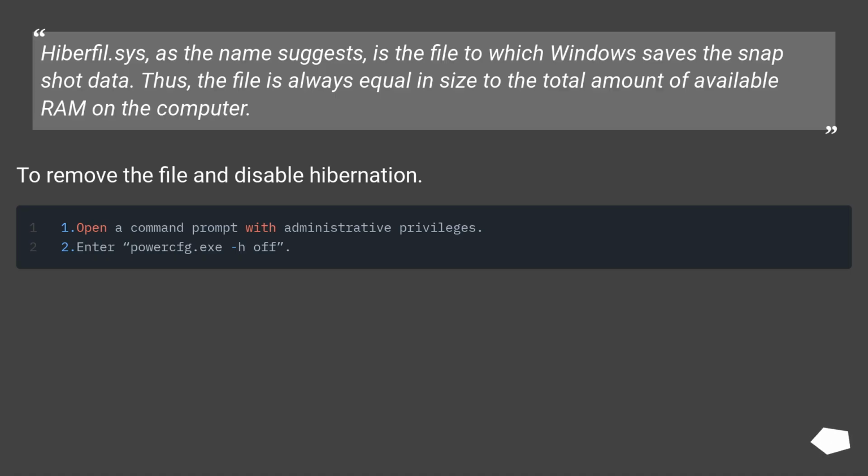hiberfil.sys, as the name suggests, is the file to which Windows saves the snapshot data. Thus, the file is always equal in size to the total amount of available RAM on the computer. To remove the file and disable hibernation,